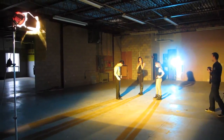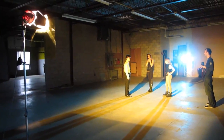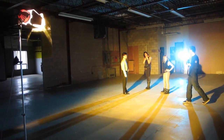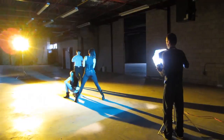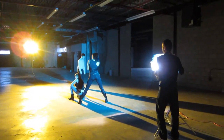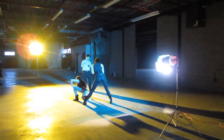This was the location that we used, which is the same location that we used in a lot of the other scenes throughout this video. And simply because I didn't want to show again the same empty warehouse, I decided the best way I could do it is just to hide it and make everything look completely pitch black pretty much. Now the way I achieved that, since there was quite a bit of daylight coming in,